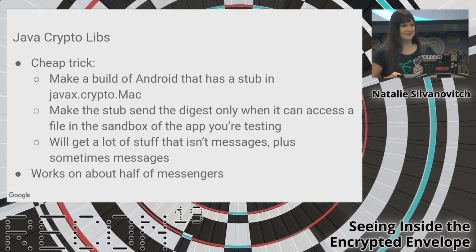You'll get tons and tons of stuff if you do this. Everything the application is doing a MAC of, but sometimes this is enough to actually intercept your messages. Sometimes that is the only thing they're doing a MAC of. And if that works, that saves a lot of time and it's super easy. I found about half of the messengers I looked at, this was sufficient just to hook this